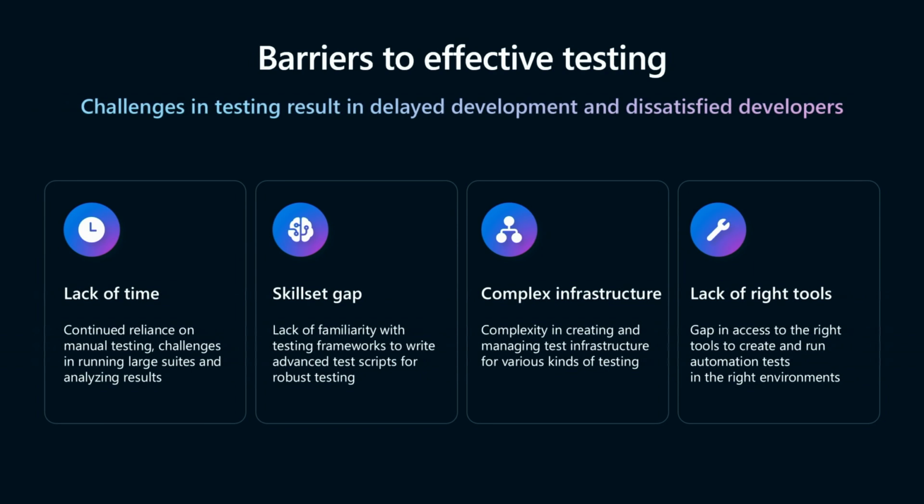And with DevOps practices becoming more common and more developers getting into testing, setting up the infrastructure to run these tests, and writing and executing these complex test suites and making sense of the results is an additional ask of the developers. So it also may lead to dissatisfied developers. And we also see that there is a lack of awareness and availability of the right tool set to perform this automated testing. So how should testing be?